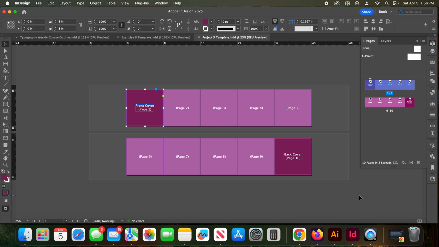All right, for this demo, I'm going to be showing you how to set up an accordion style document in InDesign that you can arrange your pages in a layout like this instead of facing pages or a single page layout. And I'm also going to teach you how to move pages around and assign page numbers through the parent page. So the first thing I'm going to do, this is an example for project 5, where you'll